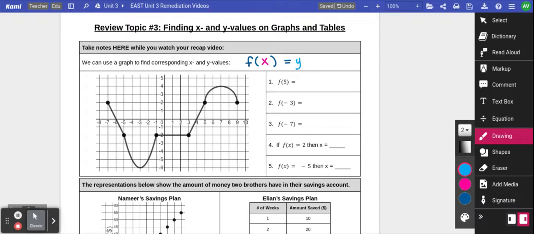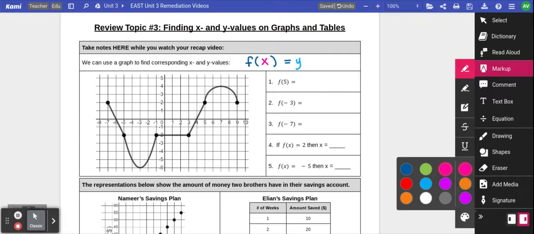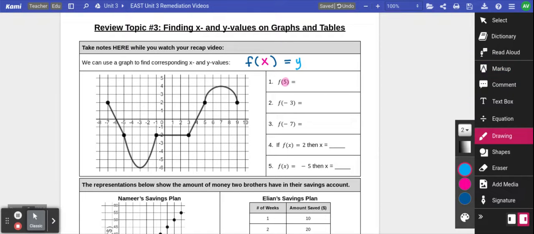So for example, in problem number 1 here, I'm asking you to find f of 5. Because the number 5 is inside of the parentheses, this is an x value. So on the graph, I'm going to go to the place where x is 5. I'm going to look at the point that is either above or below that number, and I'm going to identify the corresponding y value. So if you have the x, tell me the y,